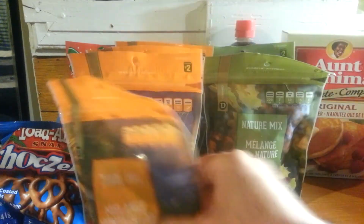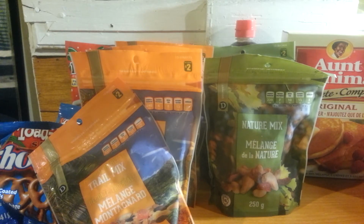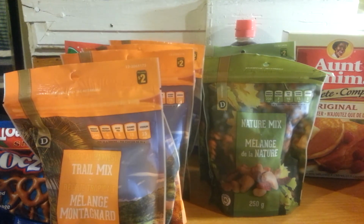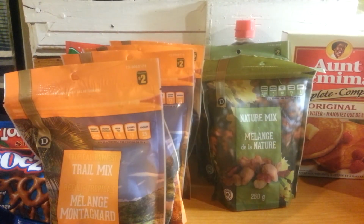So we've got lots of trail mix. I think I left one in there. Yeah, I left one. So that's 2, 3, 4, 5 of those. And the other bag is here as well, and you can see that's quite a heavy bag too, and I'm running a little bit out of space. So there's another